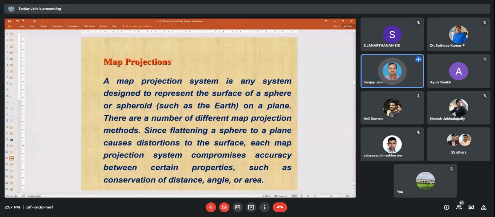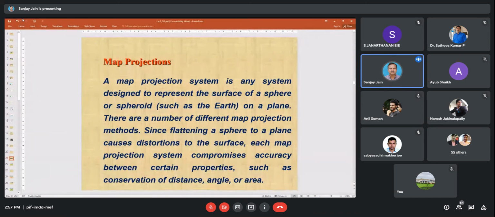So what is the advantage of that? Suppose I am getting another map from another source which I have not digitized, or I have taken from a satellite, because satellite data also does not have any coordinate system or projection system. It is made of grids. So with the help of this map, which I have scanned and given a proper coordinate system and projection system, I can convert my secondary maps, which I am using in a GIS, and I can georeference that map with this particular map which I have created myself.